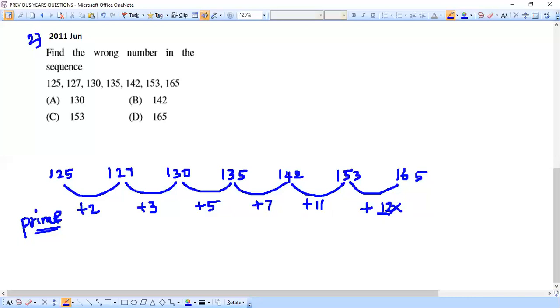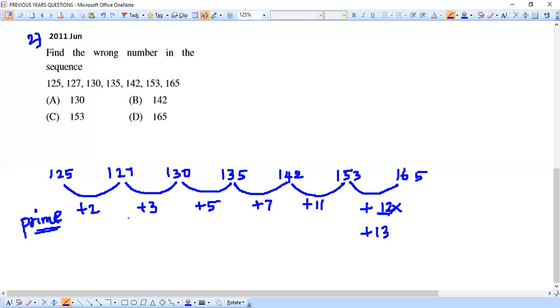So then 12 is what number? 12 is called a composite number, okay? Let us not get into that very deeply. When we come to the topic of numbers, we can discuss that. But however, this 12 is not a prime number. So what is the next prime number that should actually be there? The next prime number after 11 is 13. So that means we should have actually done plus 13. Understood?